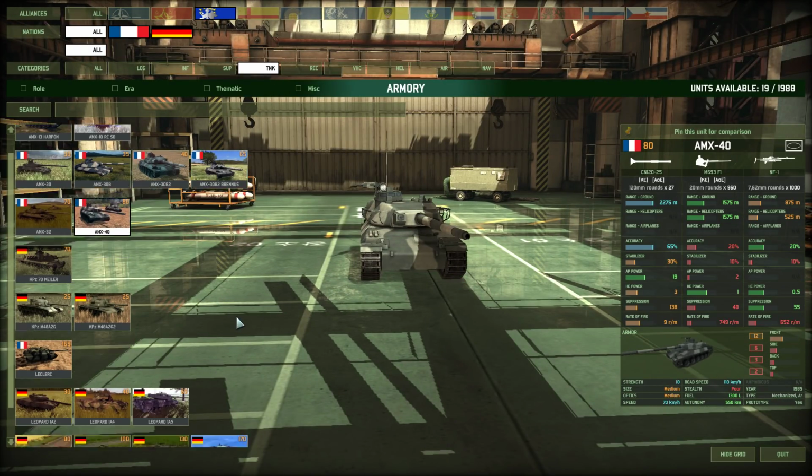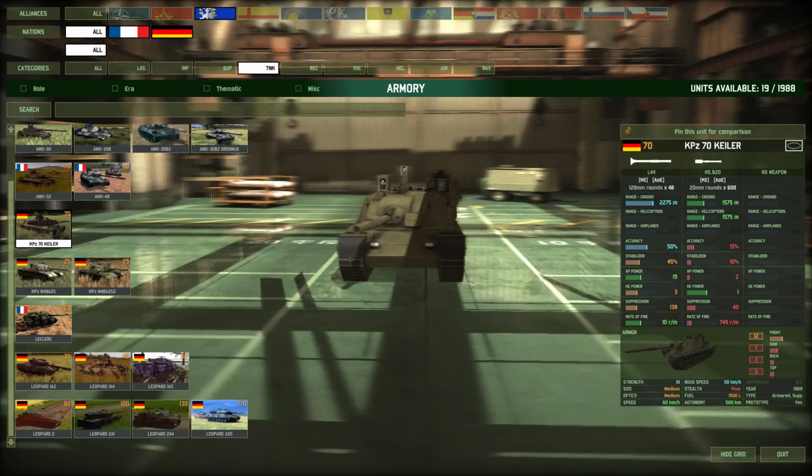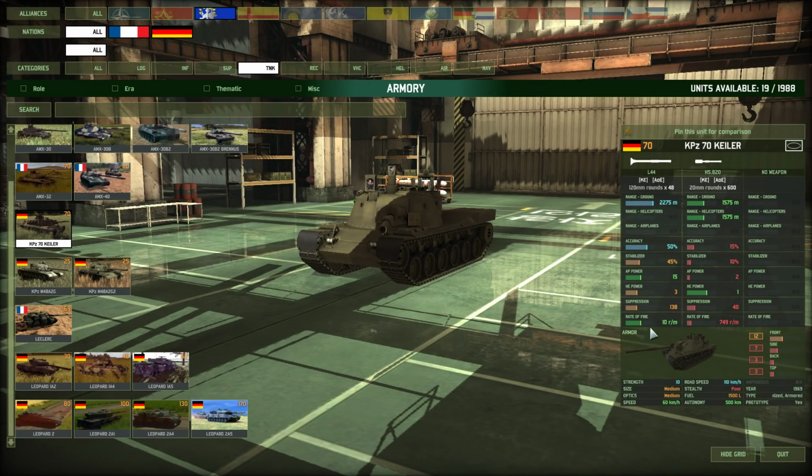AMX-40 also not particularly great. Kyler has the same issue with the armor. 10 RPM auto-loaded is very nice. The autocannon can be fired at the same time, just making sure that you don't misunderstand me. But again, 12 armor means that the 10 RPM auto-loaded, as nice as they are, and in theory they would be good in forest against other tanks, where the 15 AP, which is kind of low for 70 points, isn't as big of a deal, makes it kind of